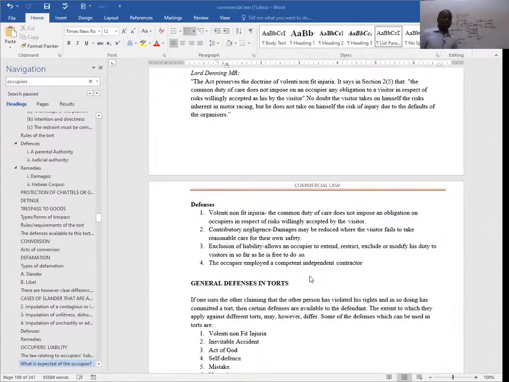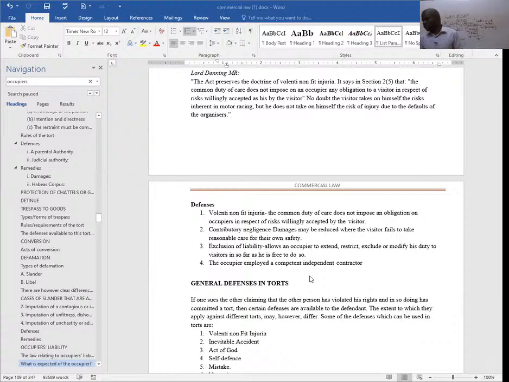So in this case, that supermarket we are talking about, for example, if it has been accused of occupier's liability, how can it defend itself in a court of law? A customer walked in, and while in the process of window shopping, or shopping for his or her goods, he slipped on the floor and fell and was injured. Can that customer accuse the supermarket of occupier's liability?